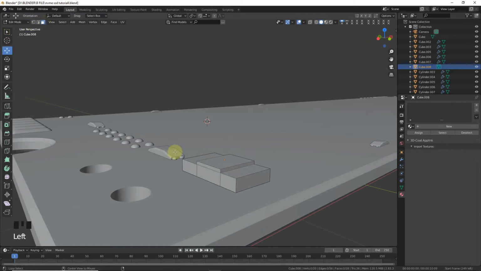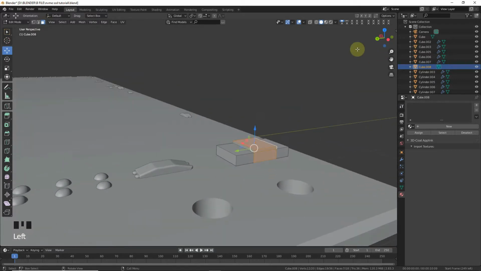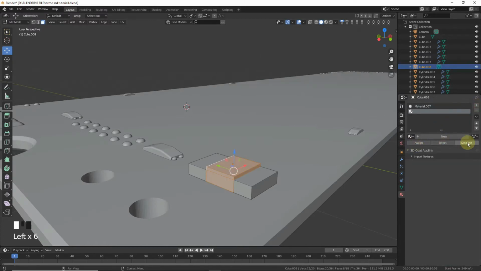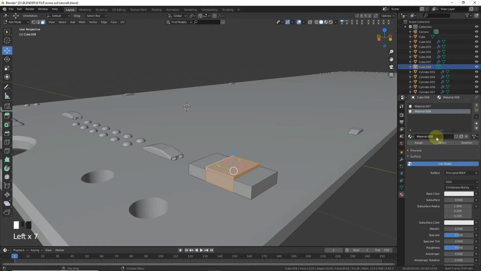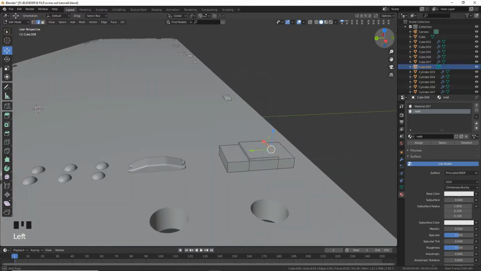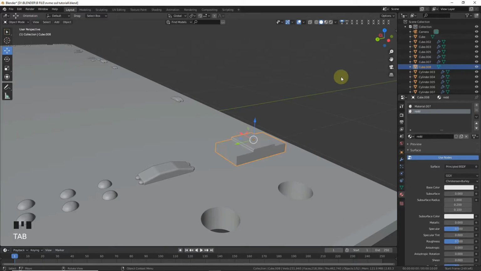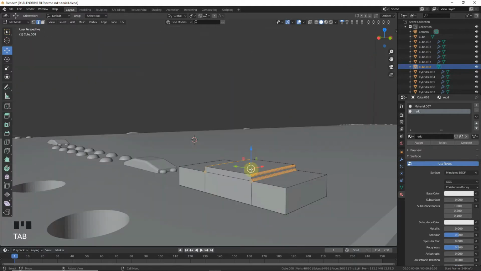but before, select this side of faces, give a new material and assign the face with new material, name red. Okay, now go to select mode, select these edges, press Ctrl B to make bevel. Okay, now